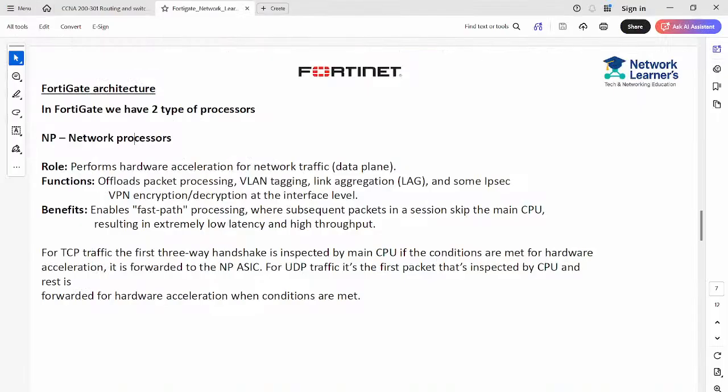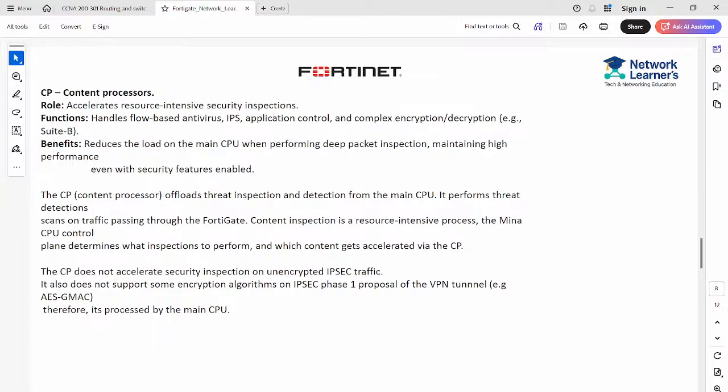So what all things will the NP processor handle? It will handle things like VLAN tagging, link aggregation or LACPs, and it can also handle VPN traffic, IPsec tunnel traffic at the interface level. Okay, is it clear? Okay. Then after that,